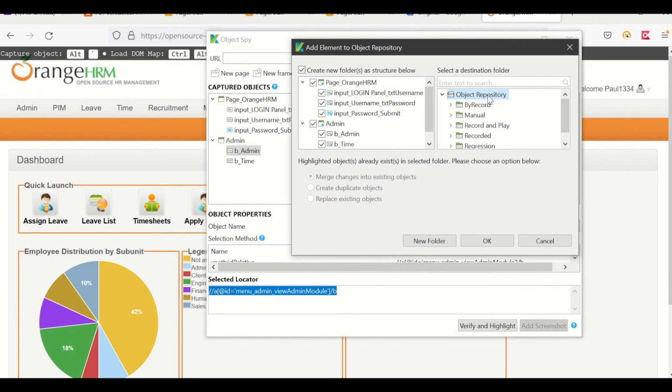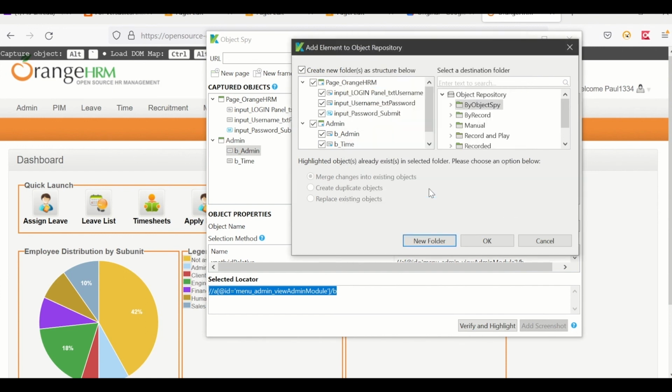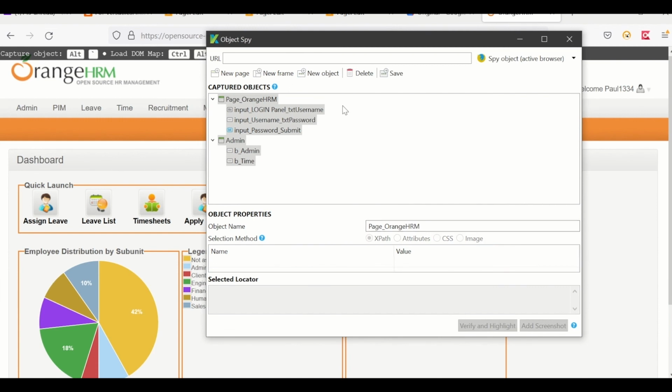For the demo purpose, I have used this folder for explaining the record feature. So I want to create a new folder which I call by object spy, because I am building the object repository with the help of object spy. That's what it means. I selected this folder and then I click on the OK button. So now my object repository is created.